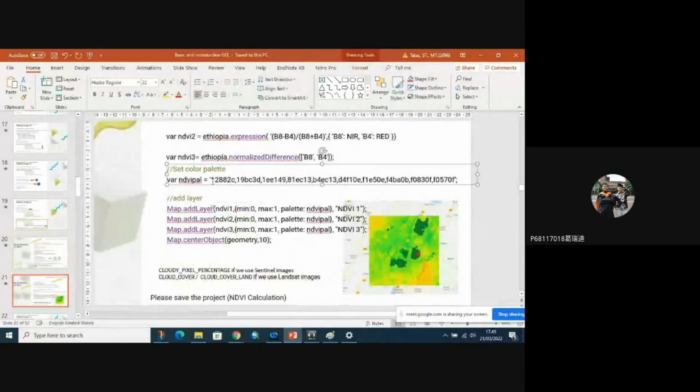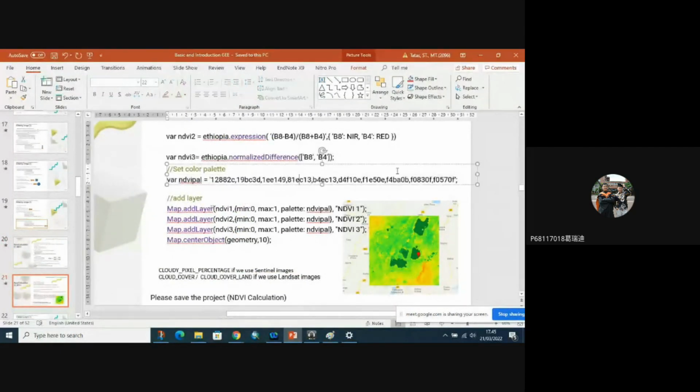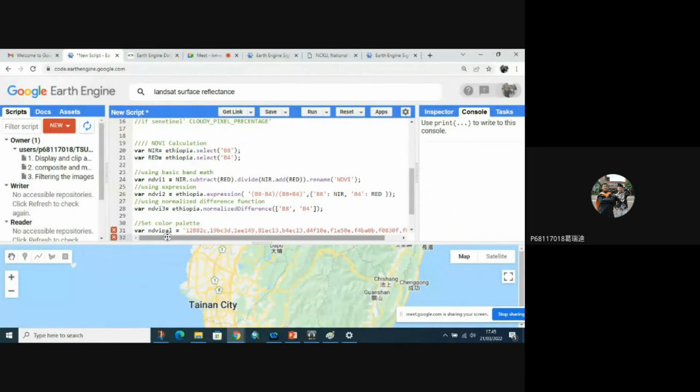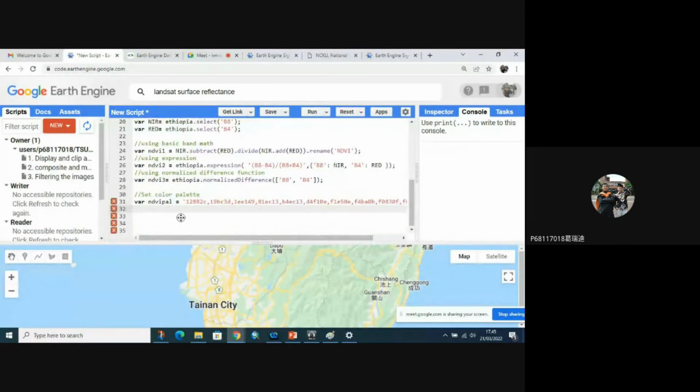Yeah, set the color because we want to give a color to our NDVI result. This is the NDVI palette. Again, if the code doesn't work properly, just retype the quotation mark.